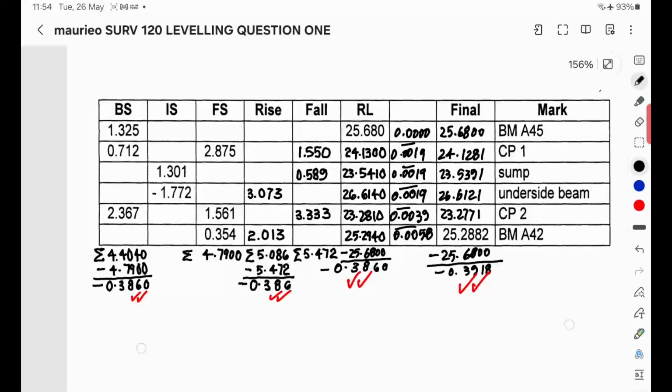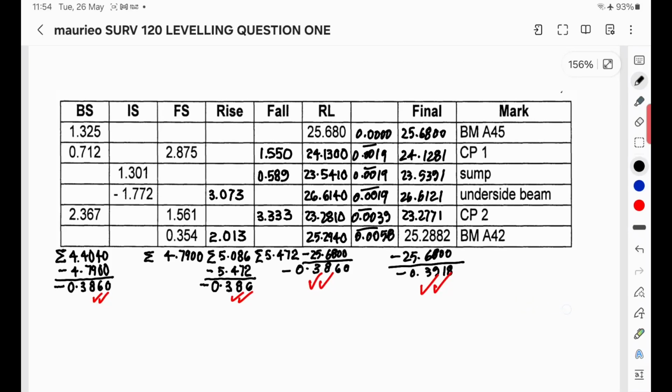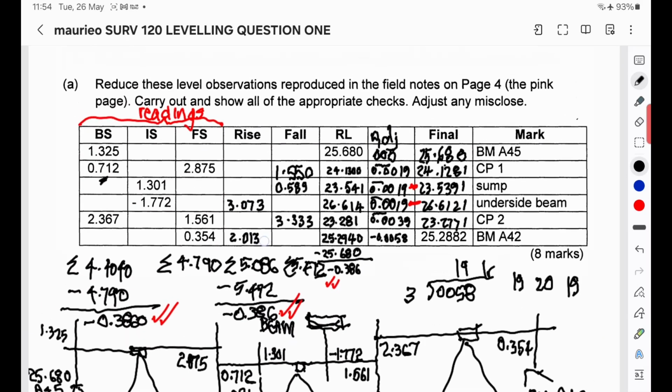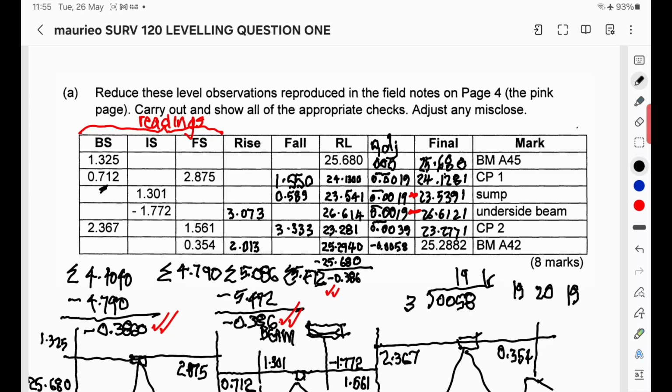This is what your answers might look like in an exam, just the sheet filled in with the arithmetic checks underneath. Just might pay to fill in what each one is, but I think that's a reasonable sort of response there. I've added, yes, just in here,